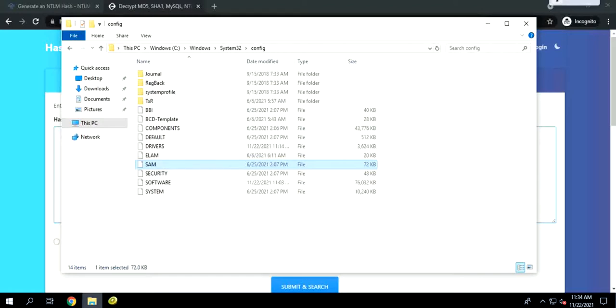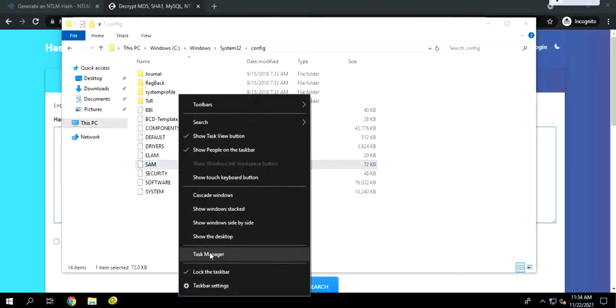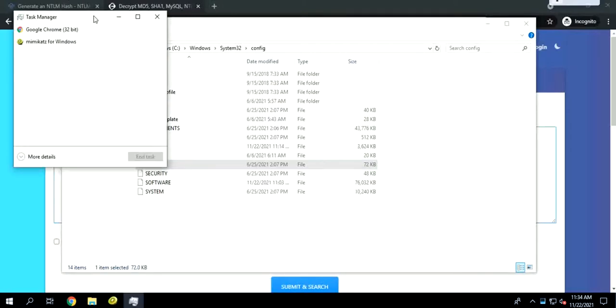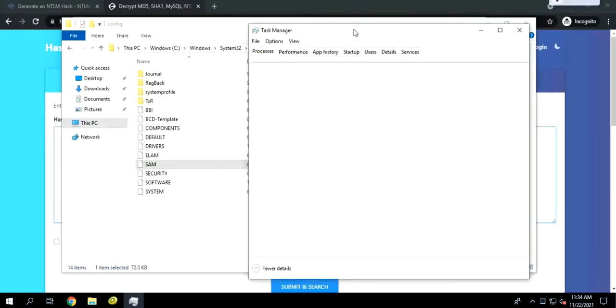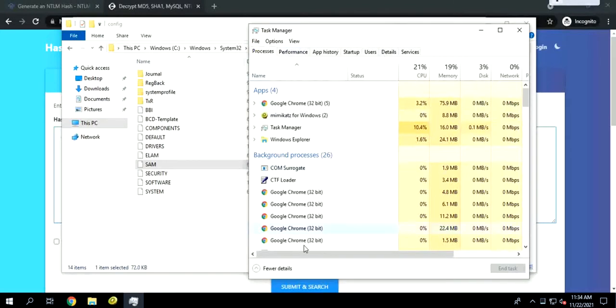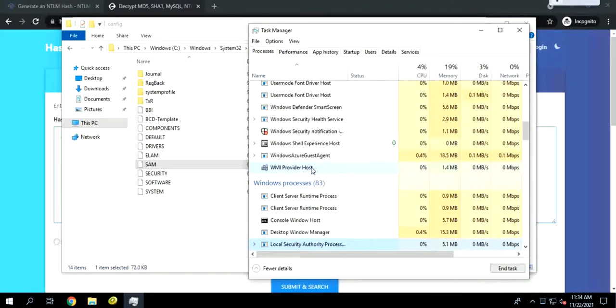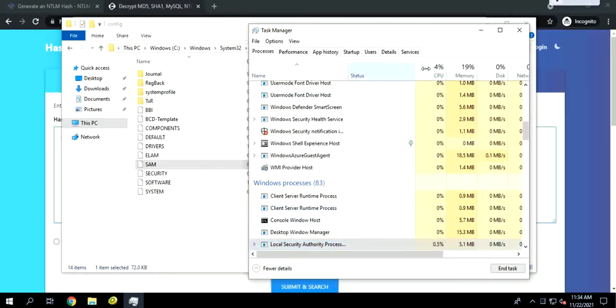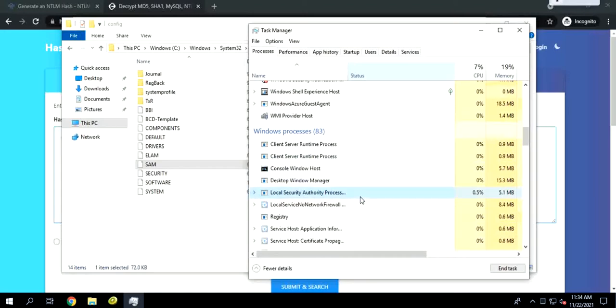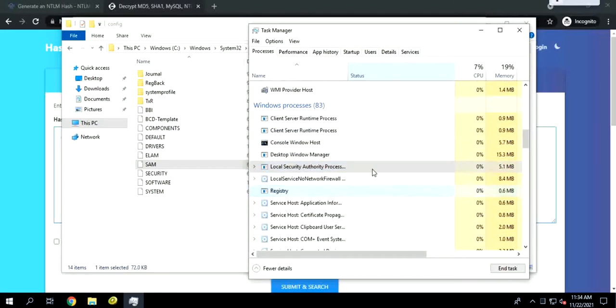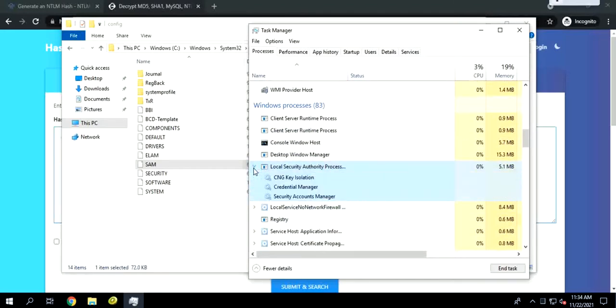If I open Task Manager and go to More details, these are the list of processes. There is a process called Local Security Authority Process. Let's see what this is.